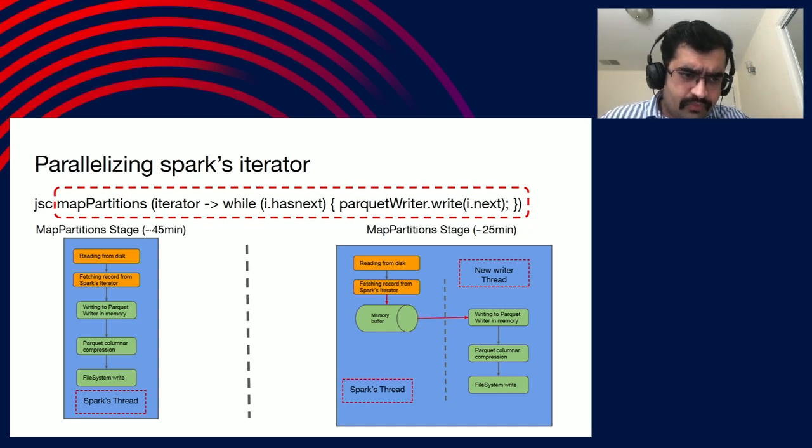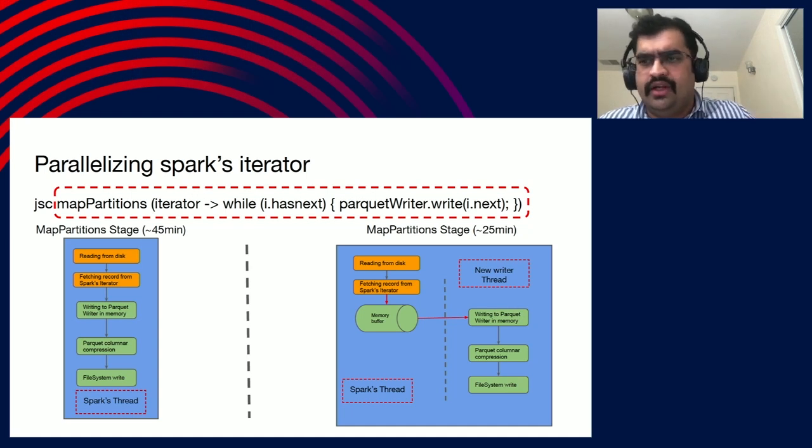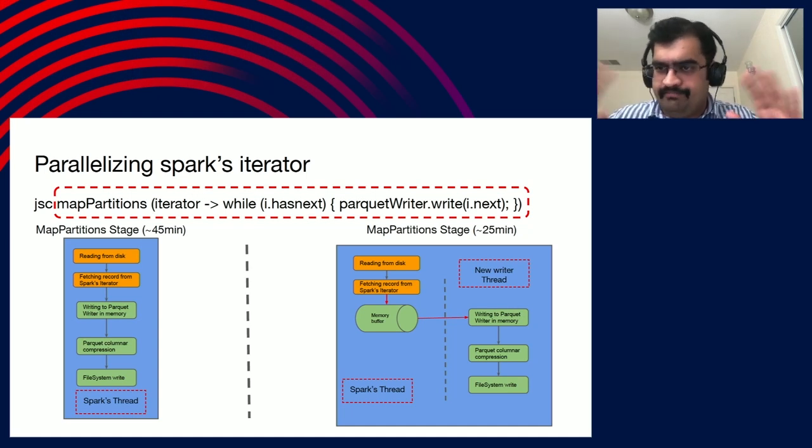Once you get the record, you give it to the columnar Parquet writer. Once your row group is filled, the Parquet writer will do columnar compression, write it to the underlying output stream, and the data will be returned to HDFS. So far, so good. The problem we were seeing is that since we were writing a 1 GB file, this whole operation was taking 45-ish minutes. That was not expected. We wanted this to run faster.